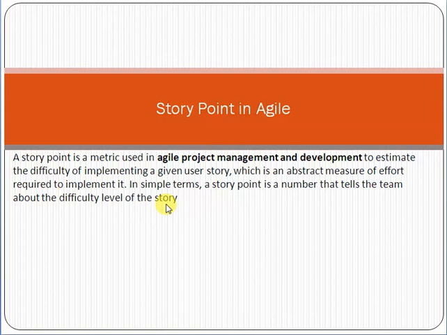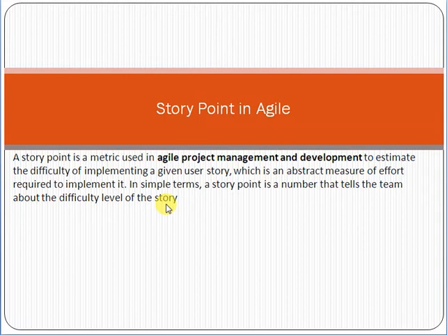First of all, try to understand the concept of the user story. Now what is the story point here? A story point is basically a number which we give to the story, that tells how difficult it is. Whenever we are implementing projects, we have to understand how difficult it is. So a story point is not the man-days effort. Remember one thing, it is not the man-days effort, it is the difficulty level